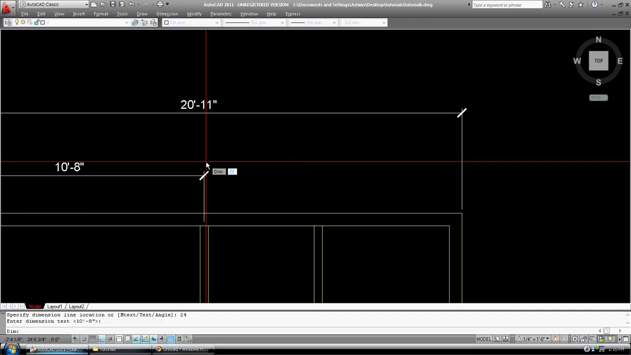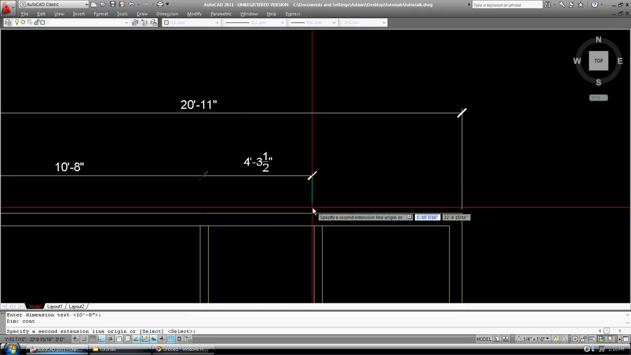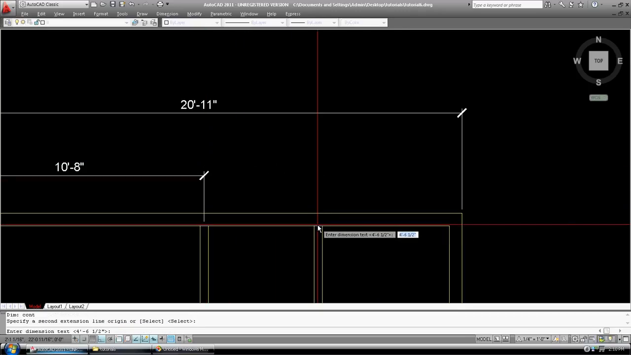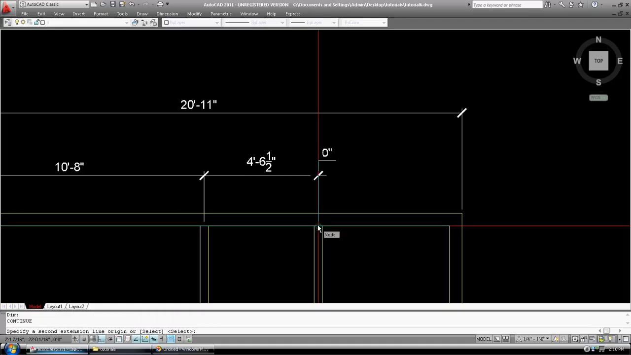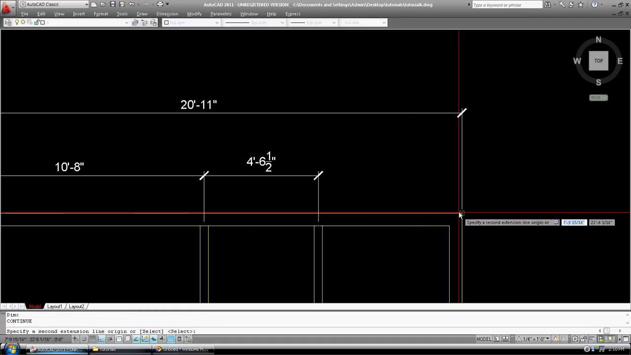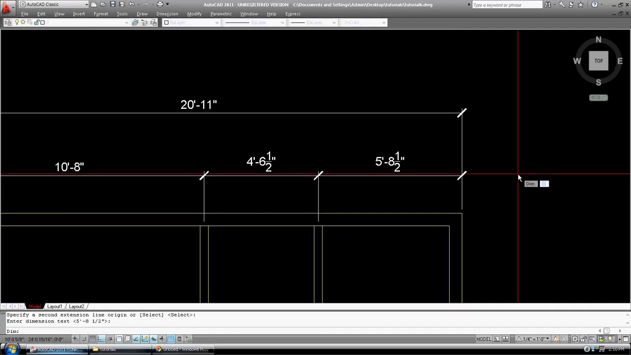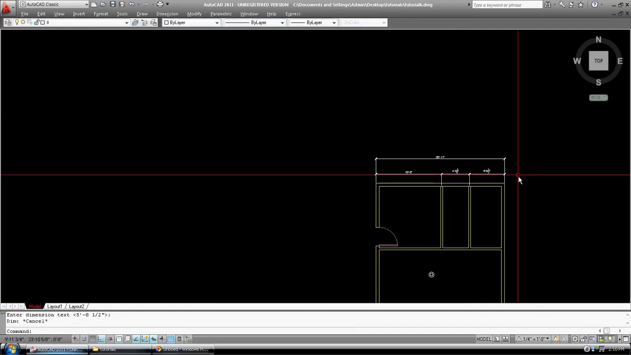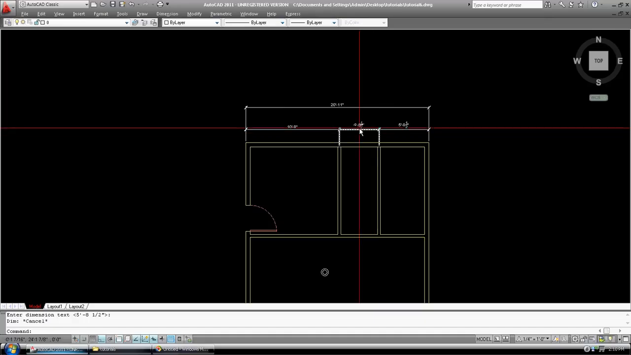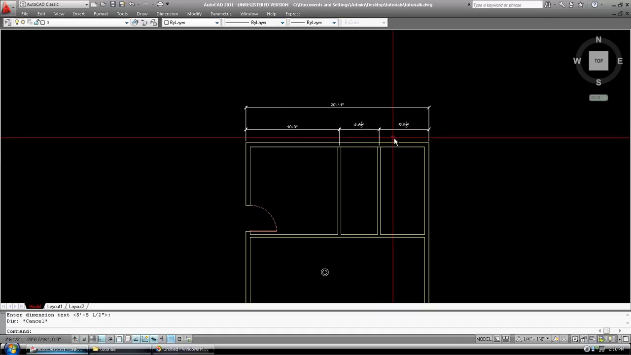Okay, I can do continued, so I just want to continue from this dimension, C-O-N-T, for continued. So you can see it's taking me from that one to that one, enter. Now I'm just going to press enter to get back into my last command, which was continued, and I'm going to click on the end of the wall. Okay, so that's all well and fine, except these are kind of ugly dimensions for someone to build to,